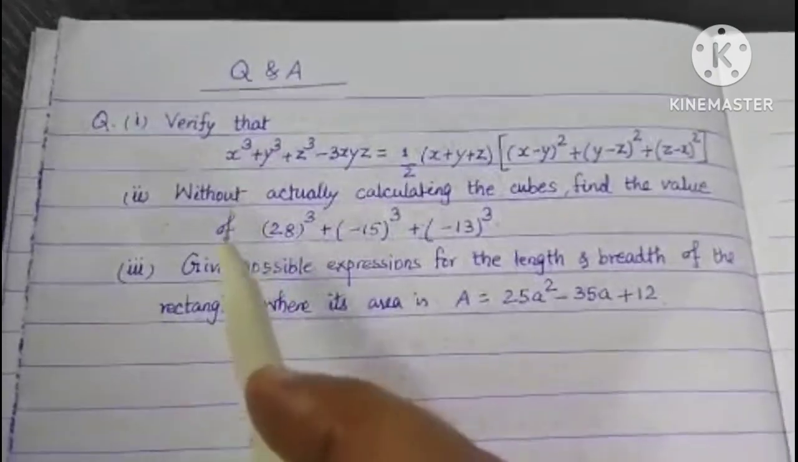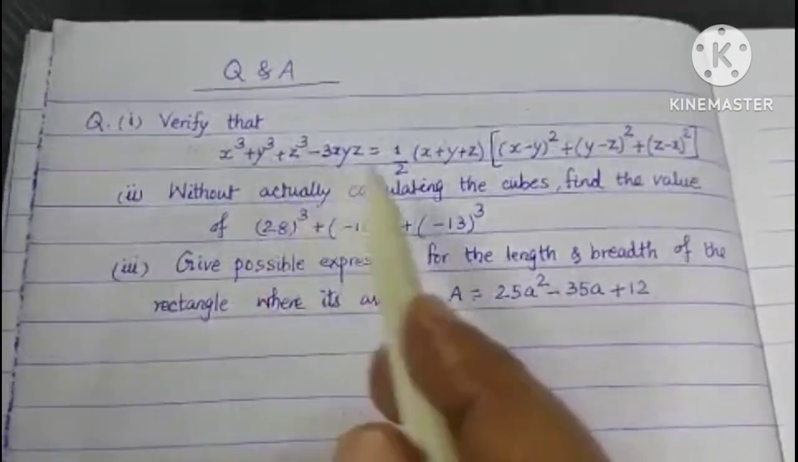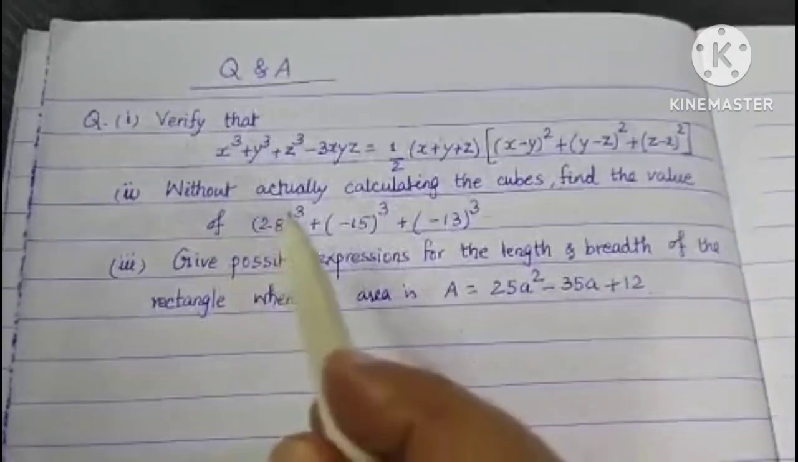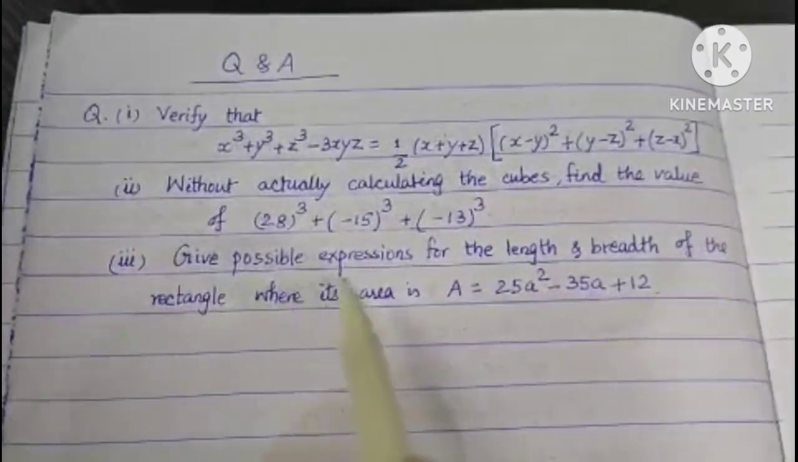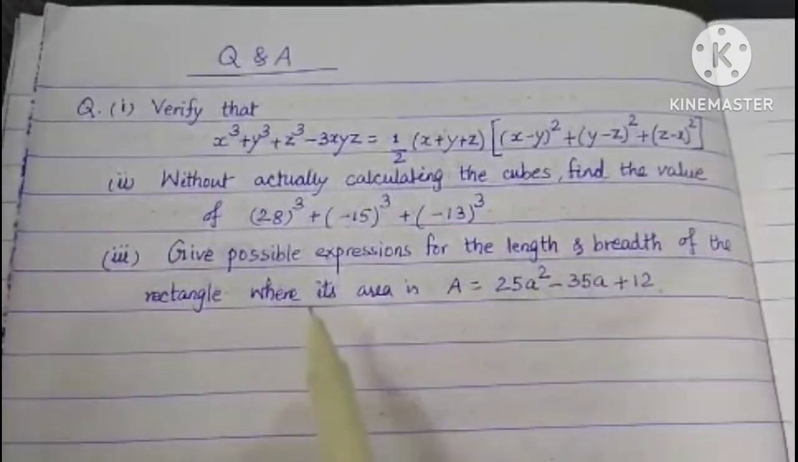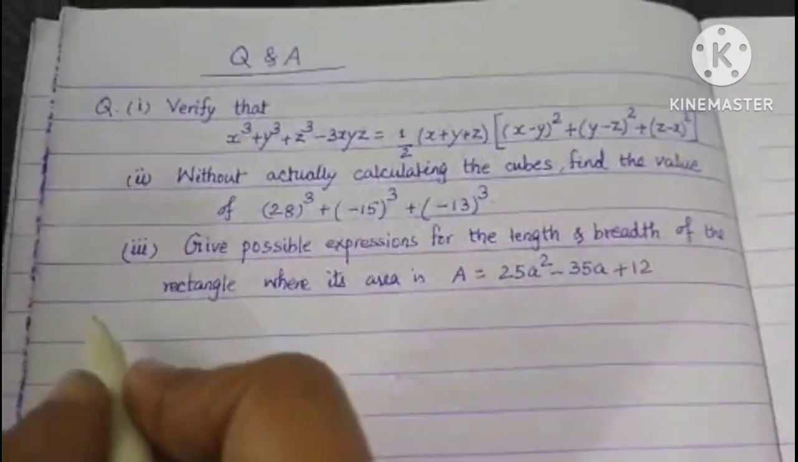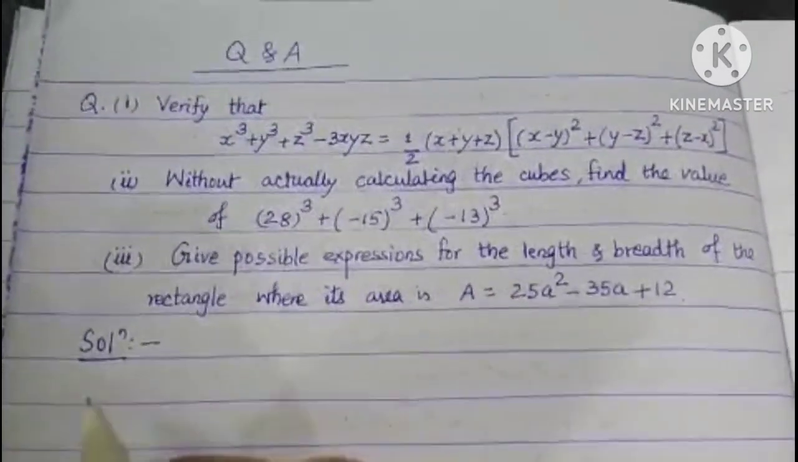In which the first 3 questions I have taken like this. Question 1, verify that this is equal to this. Second question is, without actually calculating the cubes, find the value of this one. Third one is, give possible expressions for the length and breadth of the rectangle where its area is this one. So these questions are new. I have not covered such questions. So let us